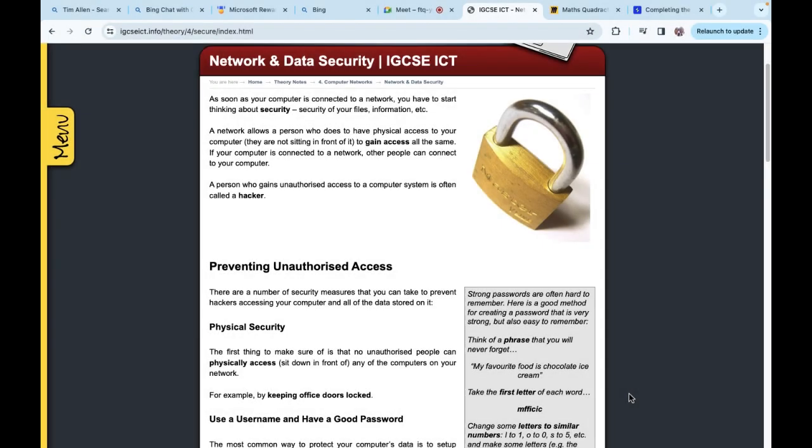ICT class, part 4 on computer networks. Today's section will be network and data security. ICT, IGCSE ICT. So today we'll be looking at the network security and data security, the physical layer security, what